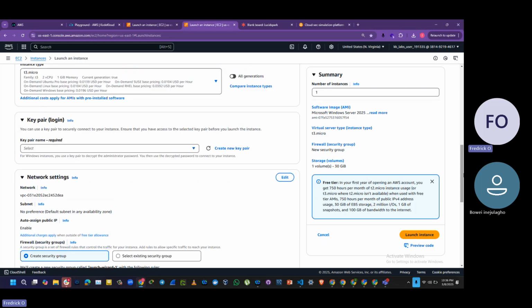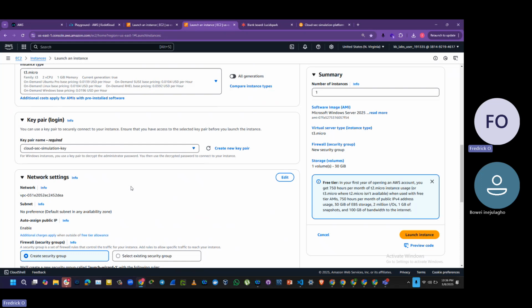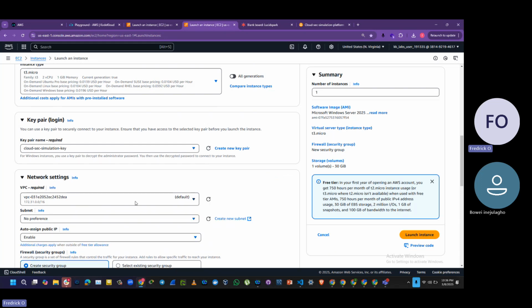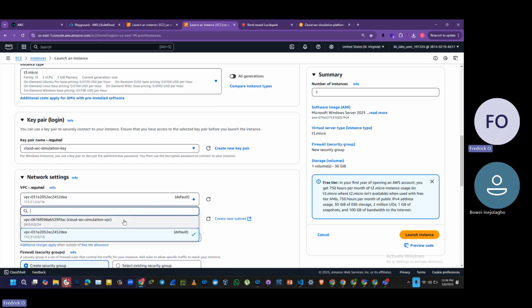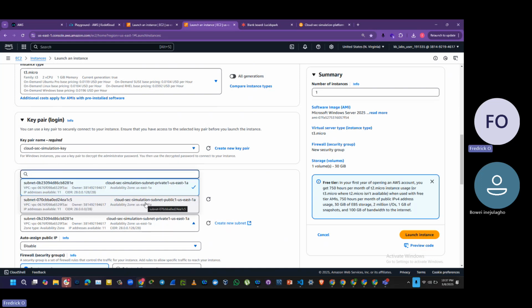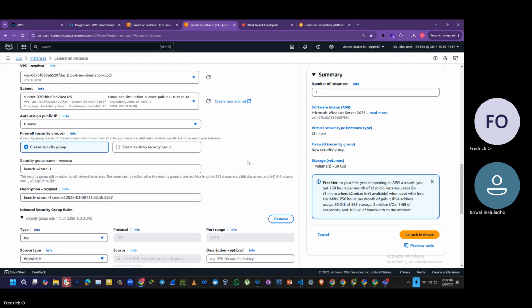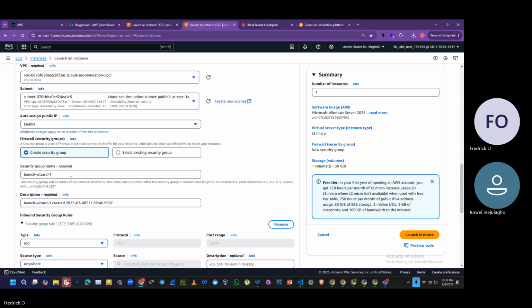So let's move on. And this is going to be using the same key. Okay, we'll click on edit, and this will be in the public subnet of our VPC. Enable. Okay, so we can just come here and just call it client PC